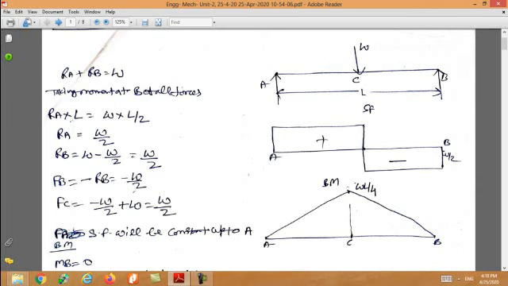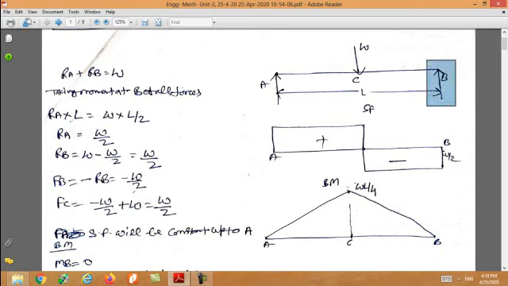So these are the three important rules for the equilibrium condition. Here only vertical loads are acting, so sigma Fy is equal to 0. On the basis of this, Ra plus Rb is equal to W, where Ra and Rb are the support reactions. Now taking the moments of all the forces from B.